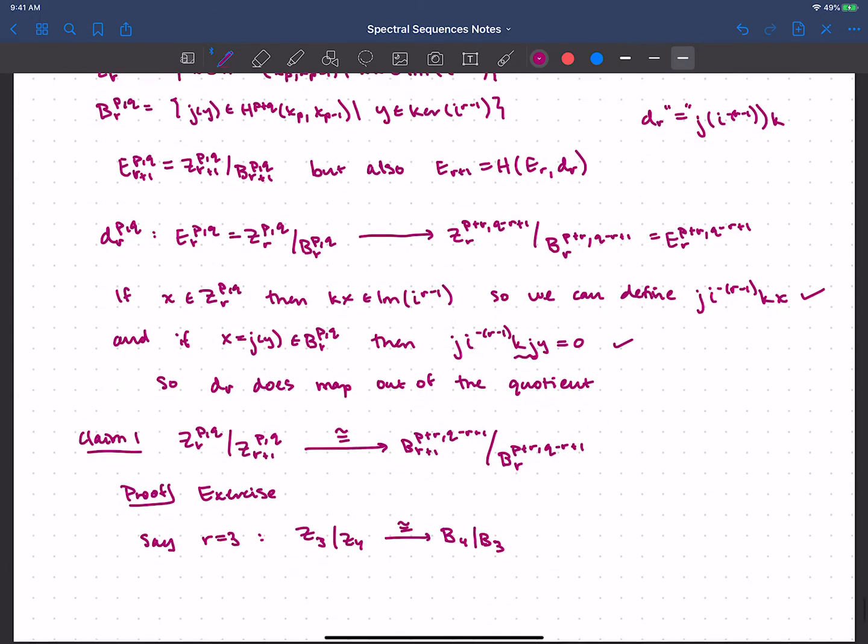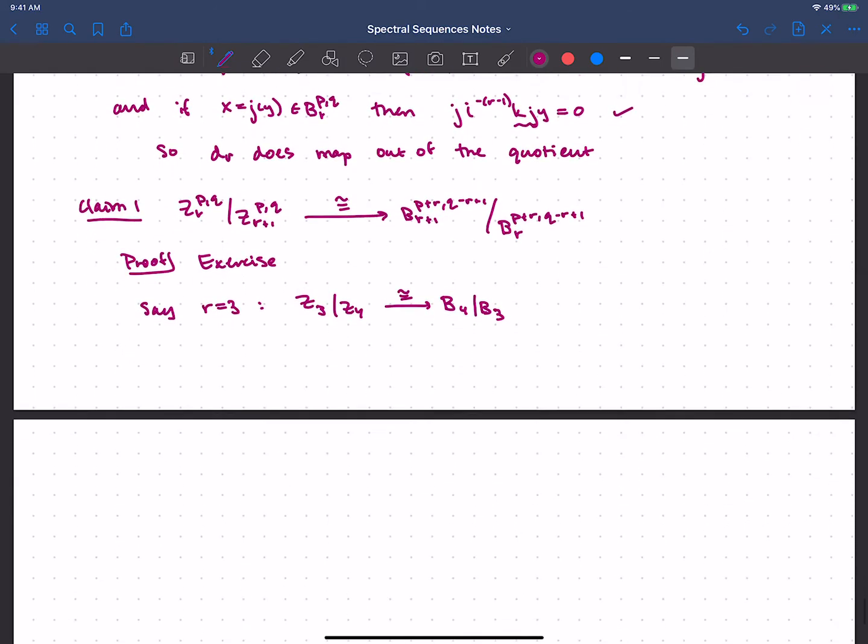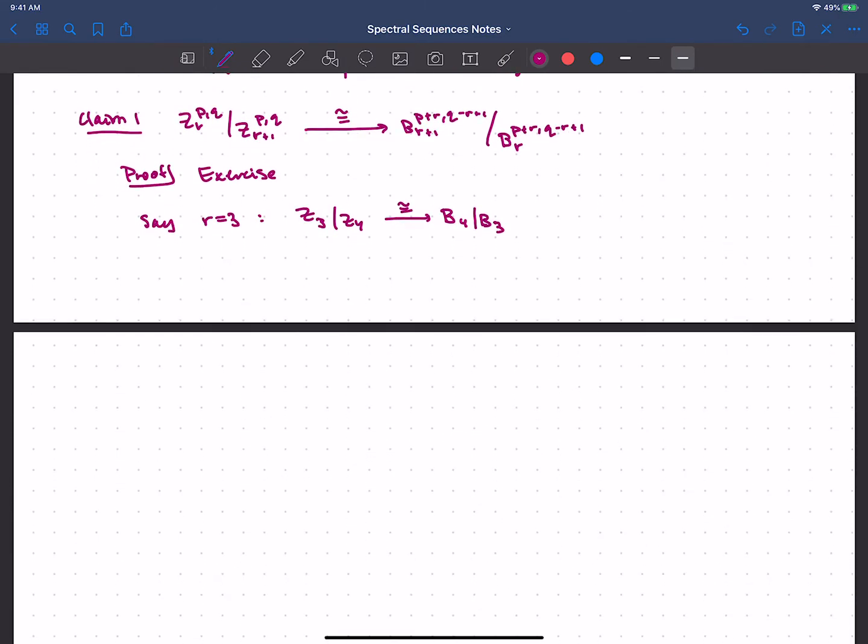Again, it's an exercise to prove this claim more precisely. Of course, you're going to want to write down, in fact, the map, but there's our heuristic argument. The other piece that we need here is claim 2, and that's that dr, the differential, factors in a nice way, and we'll use this claim 1. So